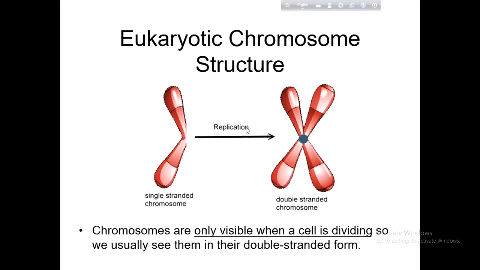specifically at metaphase. And I think you all know what metaphase is. It is the third stage of mitosis cell division. That is why we always see the double-stranded shape of the chromosome, and we call it the chromosome. And this single-stranded stage is